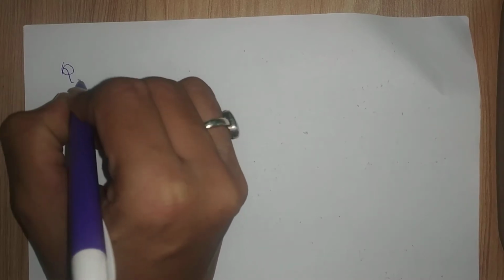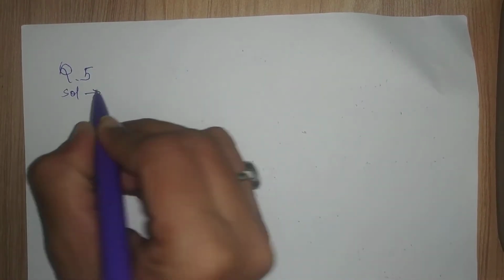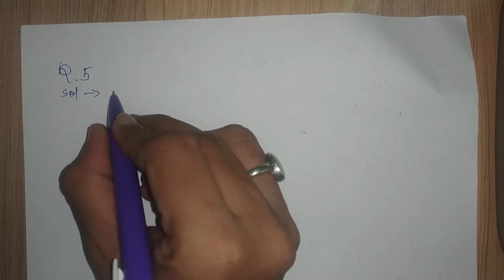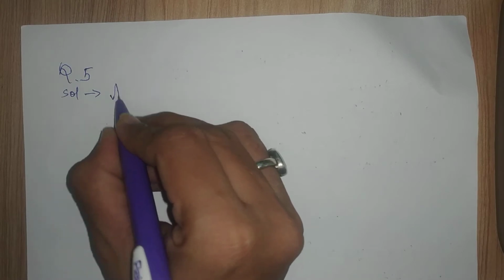Exercise 3.1. Question number 5. Question is, what is a regular polygon? So what is a regular polygon? Definition of regular polygon is a polygon